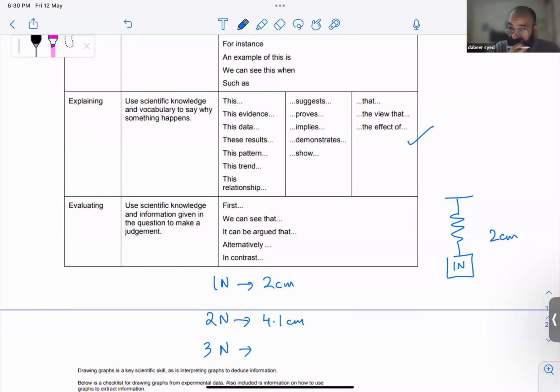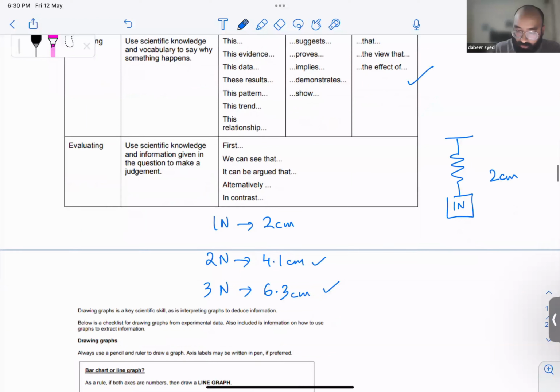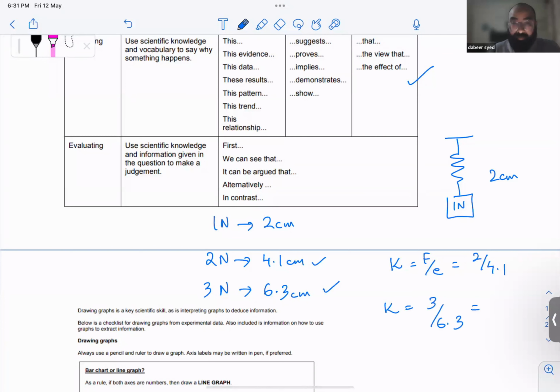आपने 3 न्यूटन फोर्स लगाई, you get an extension of, let's suppose, 6.3 सेंटीमीटर्स, ठीक है? अब वो आपको कहता है कि इस रीडिंग और इस रीडिंग्स को यूज करके k की वैल्यू निकालो। सो k की वैल्यू होती है F divided by E. सो यहाँ पे हो जाएगा 2/4.1, यहाँ पे हो जाएगी 3/6.3। अच्छा, अब अगर मैं जब इसको कैलकुलेटर में डालता हूँ ना, तो ये वैल्यूज होंगी डिफरेंट ही।